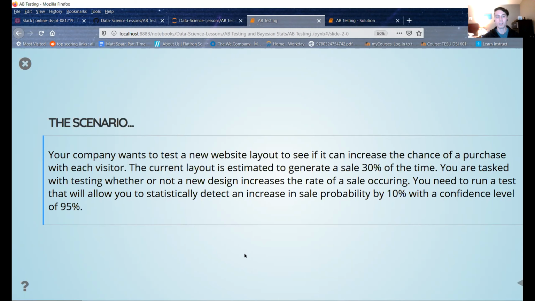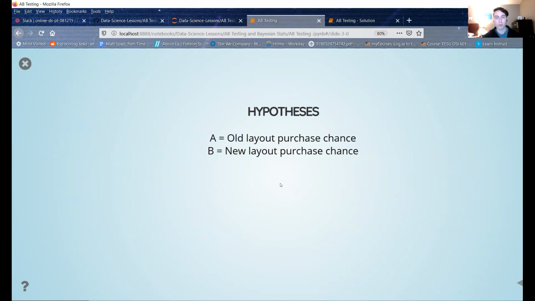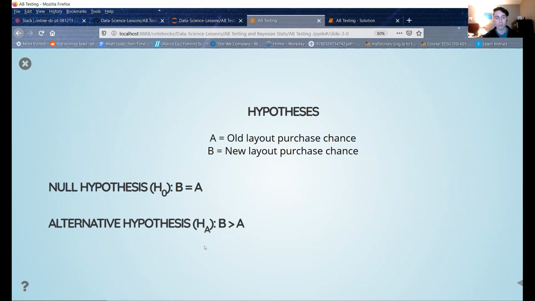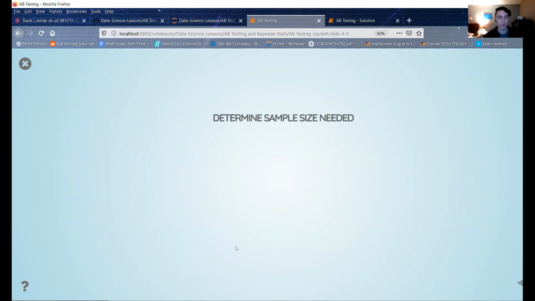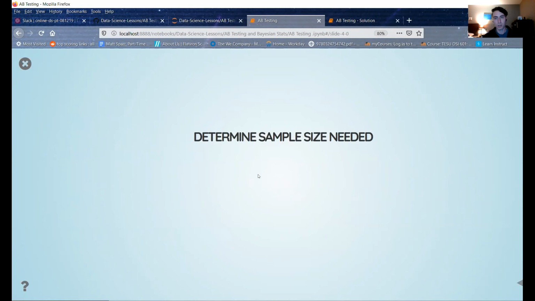Previously, we've been doing hypothesis tests around sample means, but this is asking about a proportion, a percentage. So it might be a little different. So the hypothesis for this is kind of similar. So the null is just that the purchase chance for both are equal. And then the alternative hypothesis would be that the purchase chance for the new layout is greater than the old layout. So the first step for A/B testing is to determine your sample size, because you don't want to run